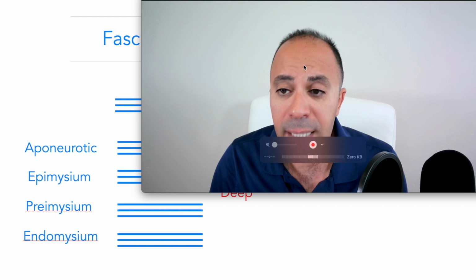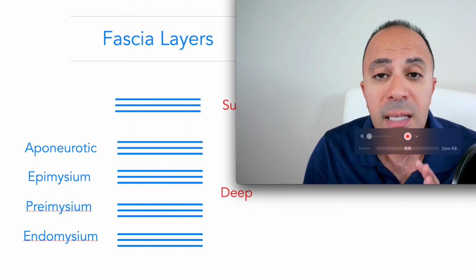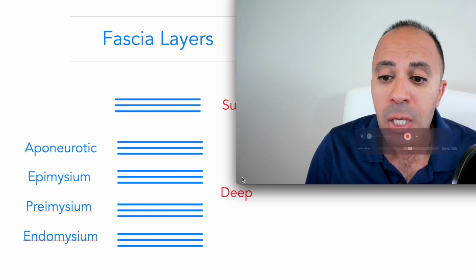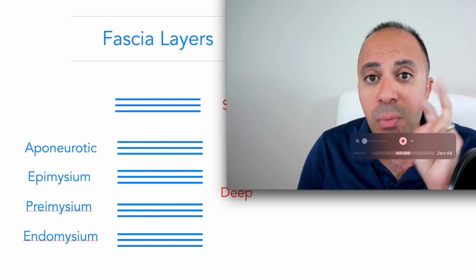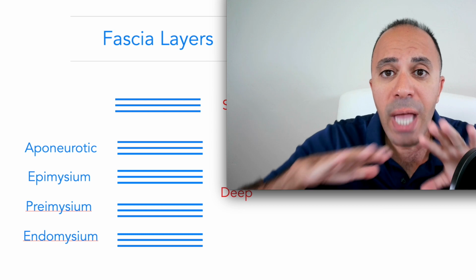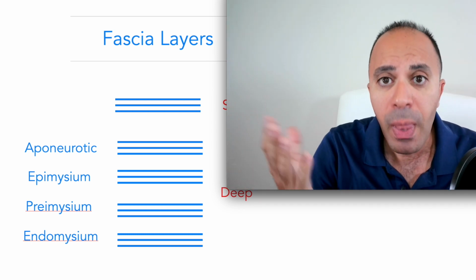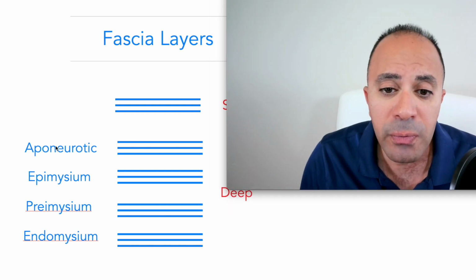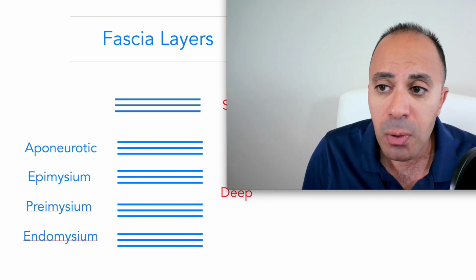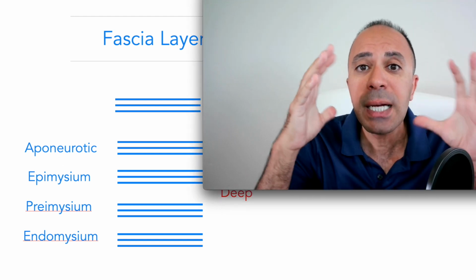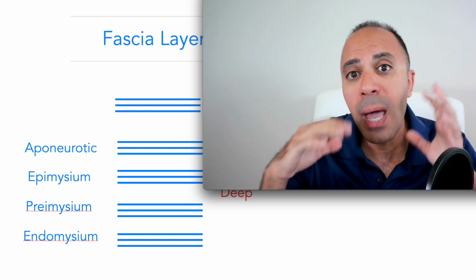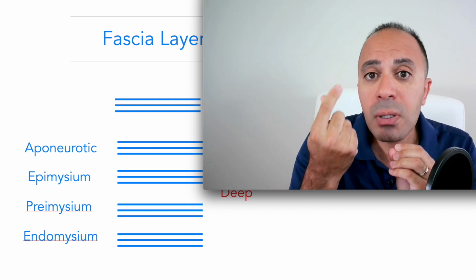Why I'm going over this: it's extremely overlooked by healthcare providers, and it has a significant effect on frozen shoulder. It's a very complex system, but don't worry, the treatment is extremely simple. The fascia has two main categories: a superficial layer, which is like a wrap surrounding the entire body, and a deep layer, and the deep layer is divided into four